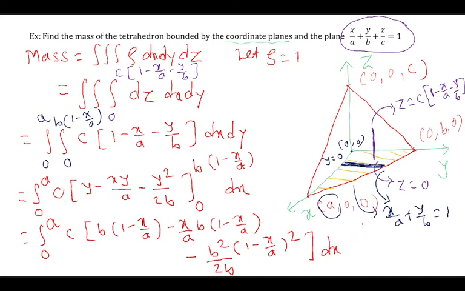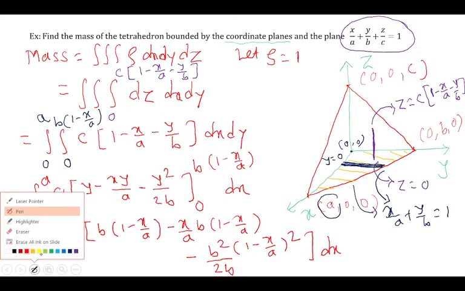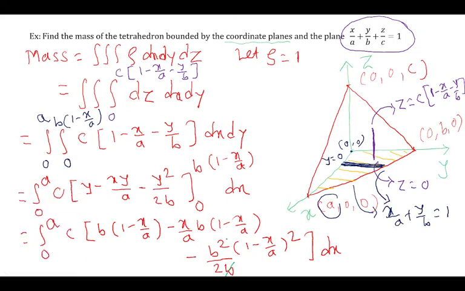Okay, now what will happen here? One of the b gets cancelled in the last term, but yes, remaining part is just the simplification. If you want to simplify, you can simplify, or you can integrate as it is also, but take care while integrating this term, because 1 minus x upon a bracket square can be integrated as 1 minus x upon a bracket cube divided by 3 into 1 minus a, so minus 1 by a. So that minus a you can multiply it otherwise, and then you put upper and lower limit, and you will get the volume of this tetrahedron or the mass of the tetrahedron. Right, now mass and volume are same because rho is 1.